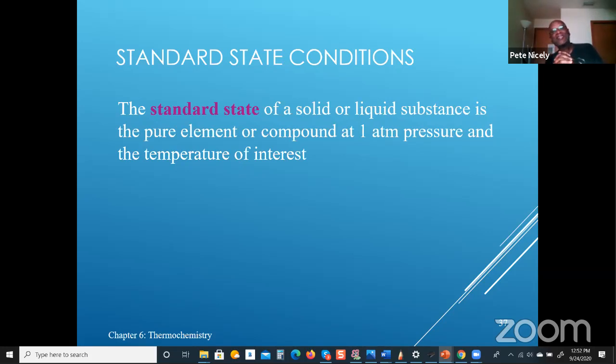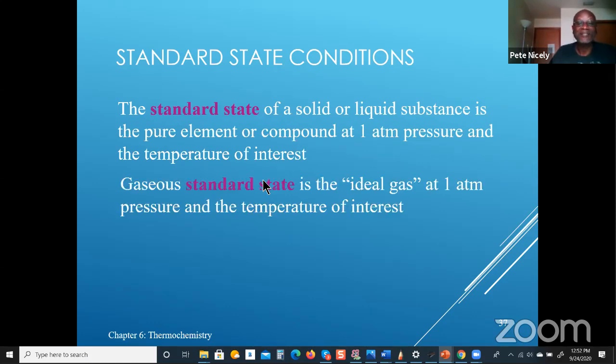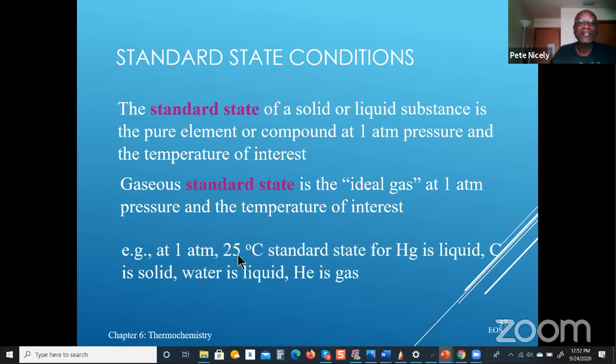So the standard conditions are basically what you see here. 1 atmosphere, and it says here temperature of interest, but usually that temperature is 25 degrees Celsius, right? Unless otherwise stated, right? So 25 degrees Celsius would be the standard temperature, and 1 atmosphere would be the standard